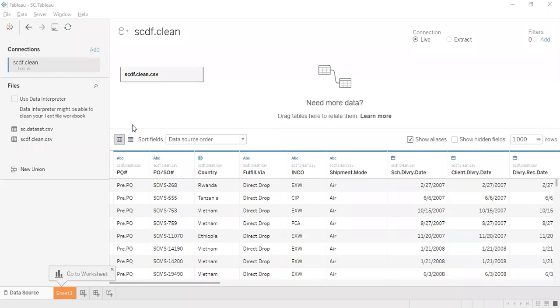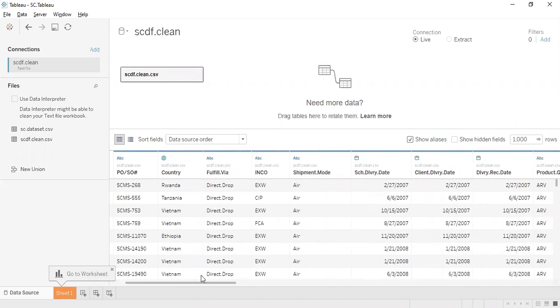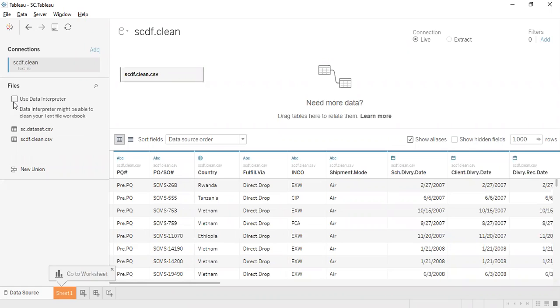Okay, the final thing that I want to show here is to use the data interpreter. It says it is able to clean the text file workbook, but obviously the level of cleaning that we have done here, I don't think that's going to happen. So let's see what happens when I click on here. So it probably processes this. So it says review the results. So if I review the results,